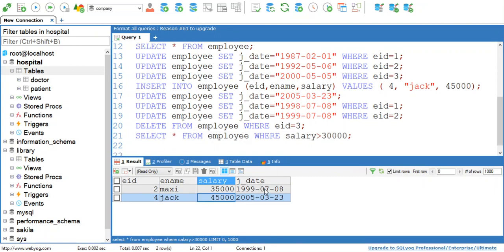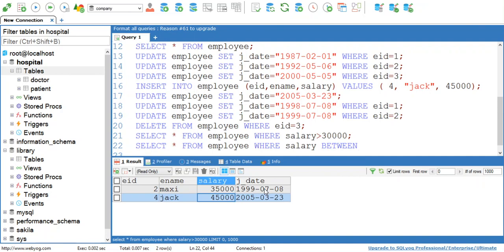So this is how we can use greater than or less than operators, or we can use comparison operators in a select query. Now another operator is called between. Select star from employee where salary between. The between operator is used to check the range of values.